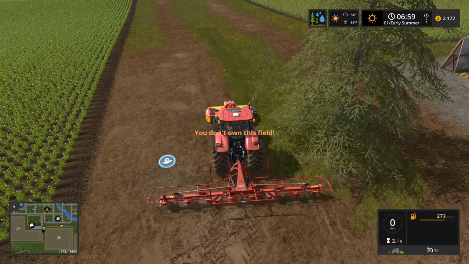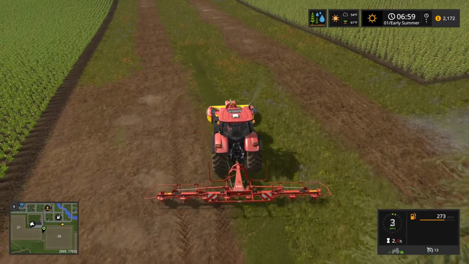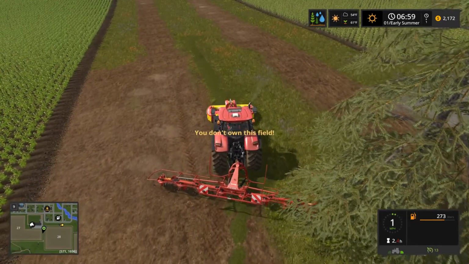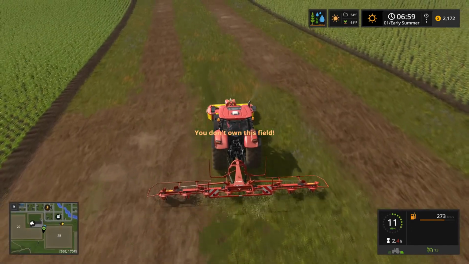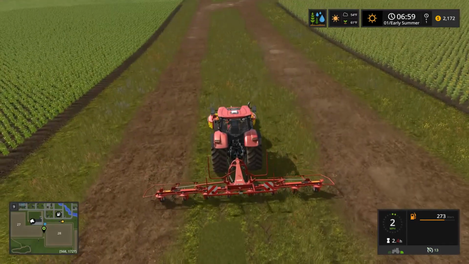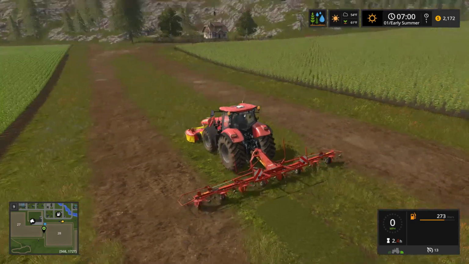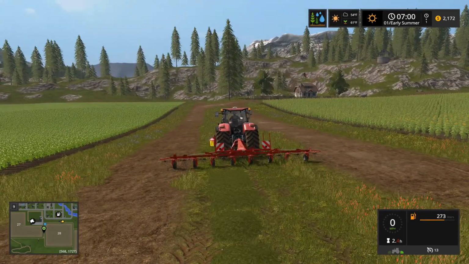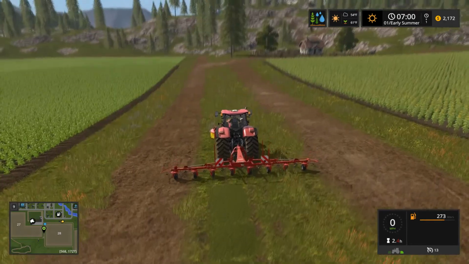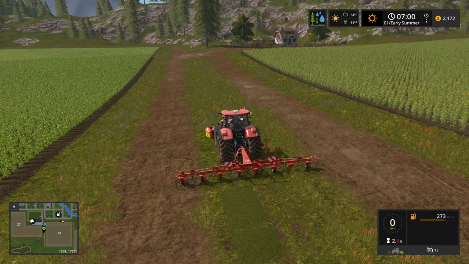Make sure you lower the implement first. As you can see, the tedder's not turning the grass into hay. There's a certain specific thing about Seasons mod. When the grass is wet, it won't let you tedder it. And if you look at this, there's a little icon